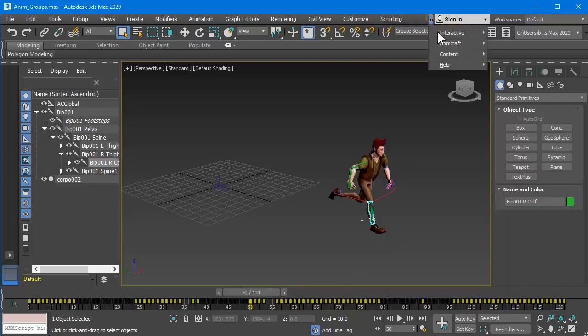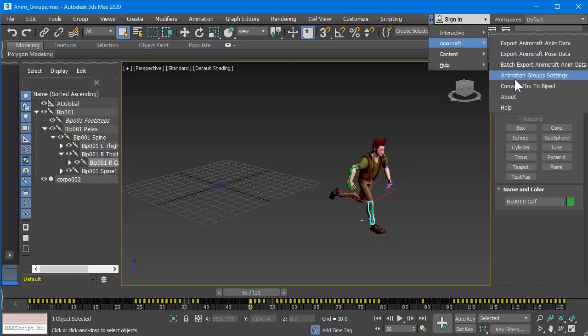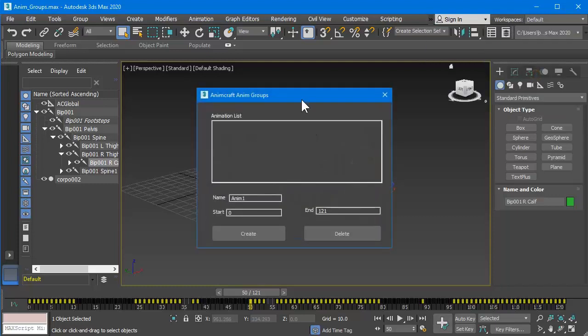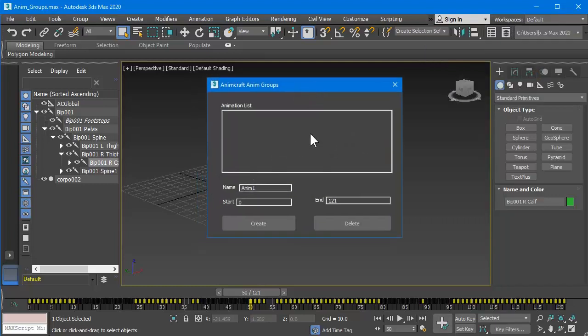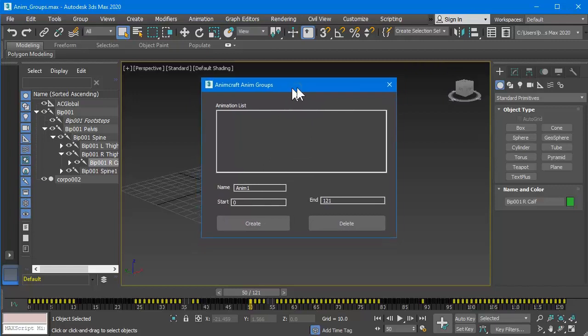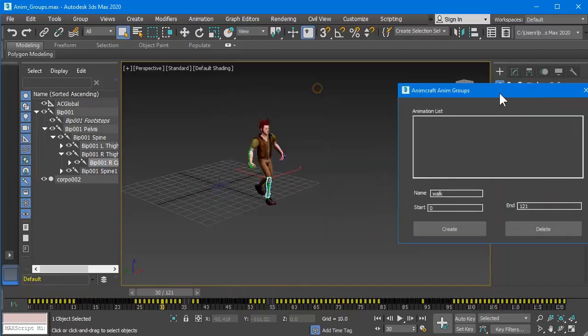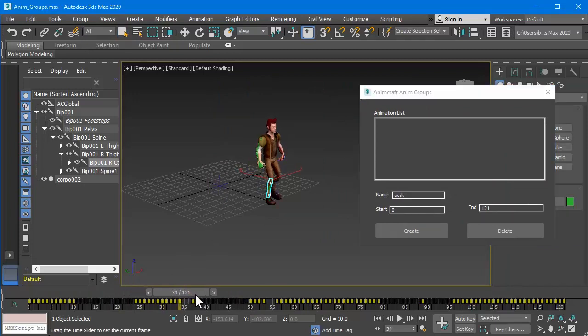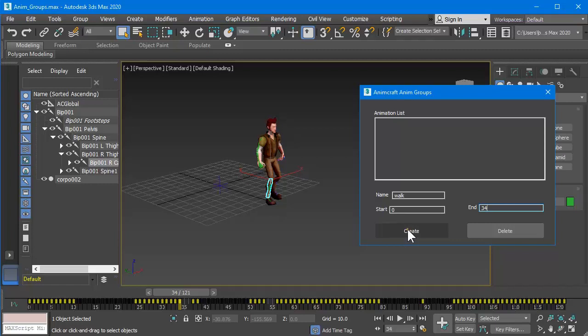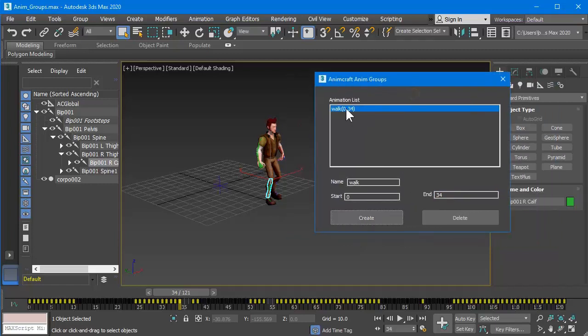Let's open the AnimCraft. There's the animation group settings. You can see that we can split the animations into the 3 different groups in this manager. So let's do that. The first one is the walk cycle, and the frame is from 0 to about 34, and we hit create, so you can see there's information inserted into the list, the walk, and 0 to